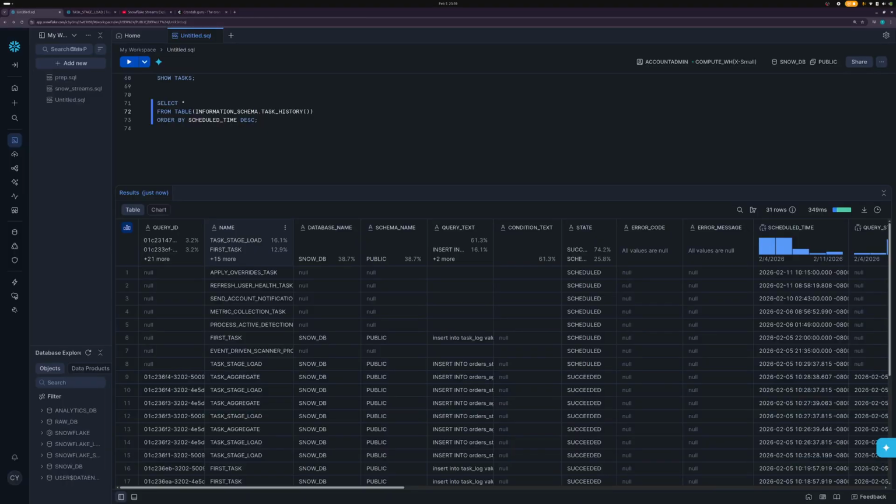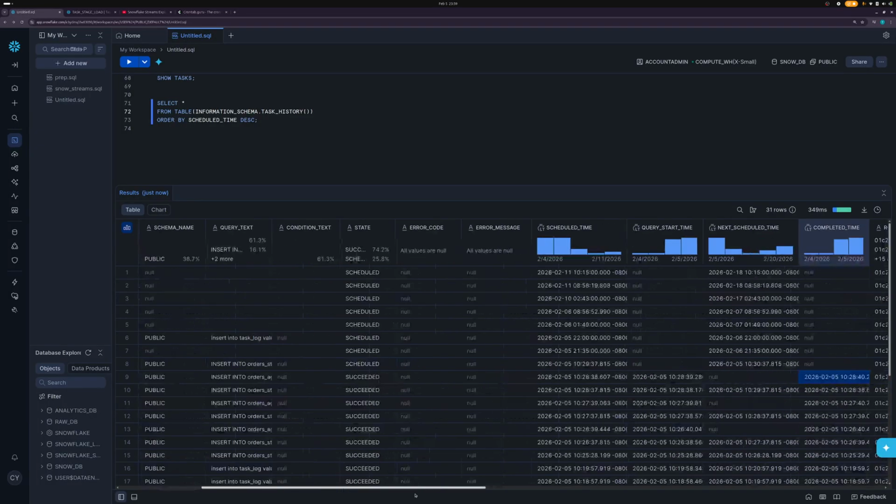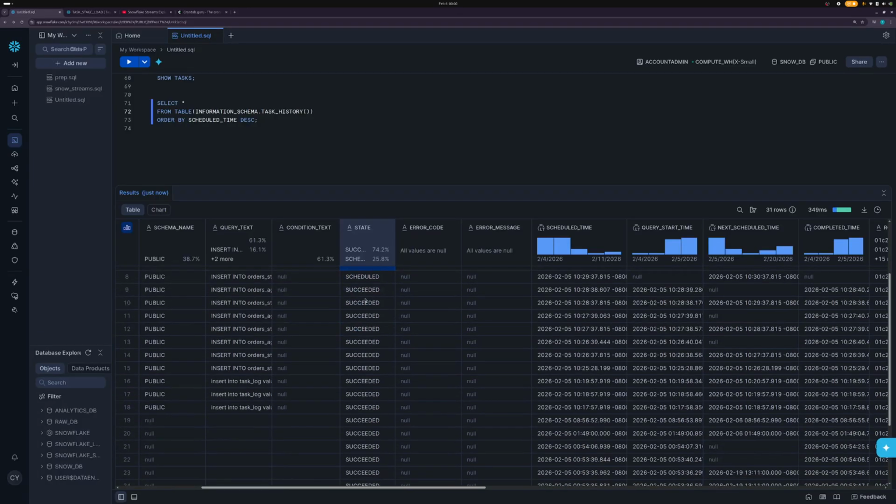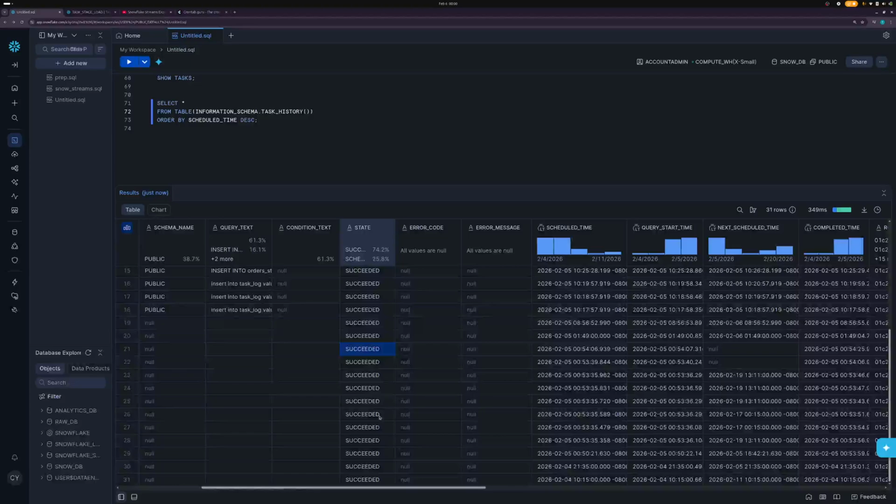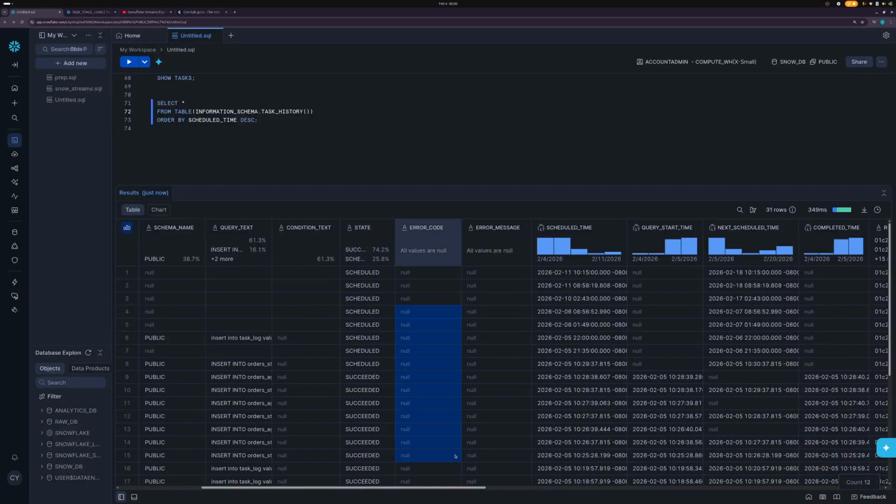And if something fails, you can check from here too, right? See, state was scheduled, scheduled, succeeded, right? Succeeded. And if it fails for some error, you will be able to get the error code and error message, what was the reason it failed, right? So yeah,